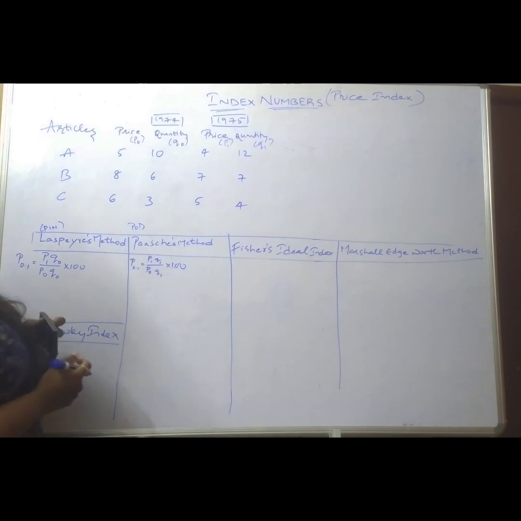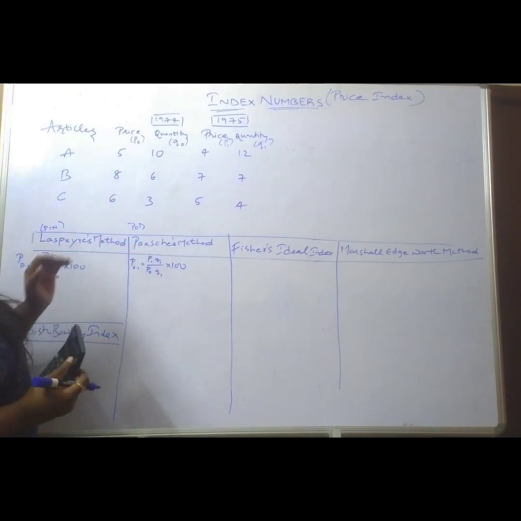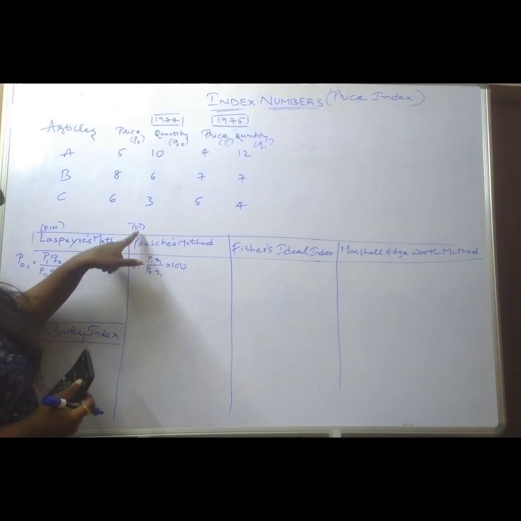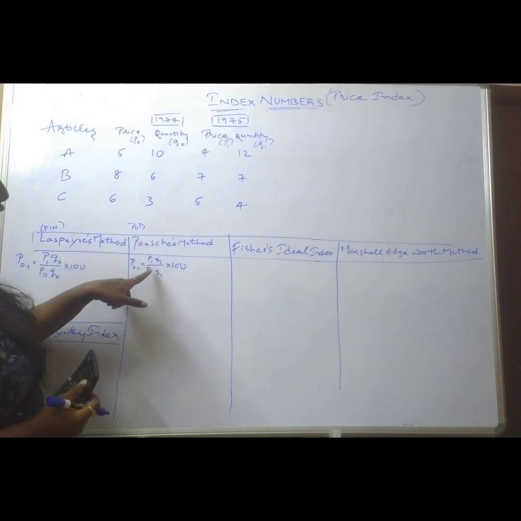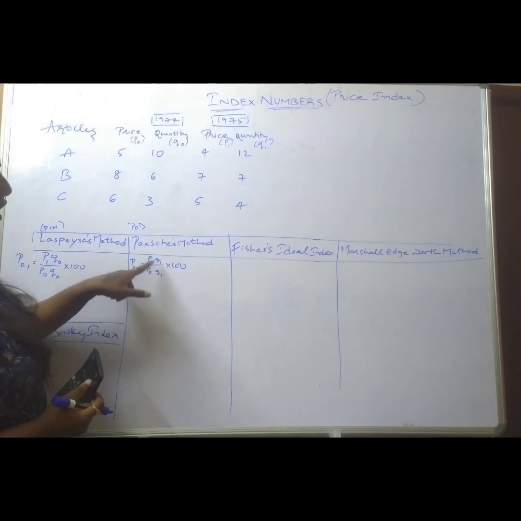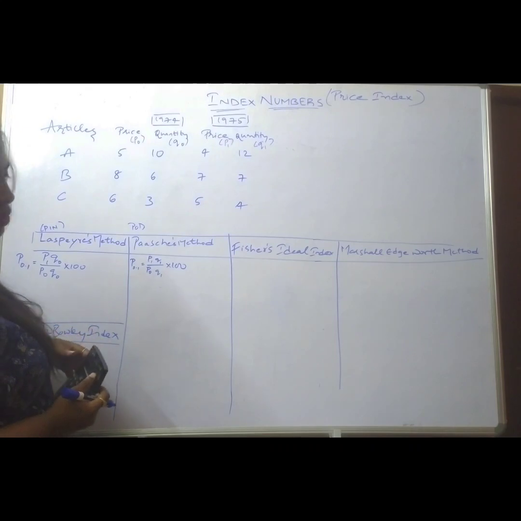Very easily you can remember your formula. Just PIN and POD. Just remember these two things. PIN means P1 in numerator, remaining all will be zeros, into 100. POD is for past years. POD means P0 in denominator and everything else will be 1. So P1Q1 divided by P0Q1 into 100.